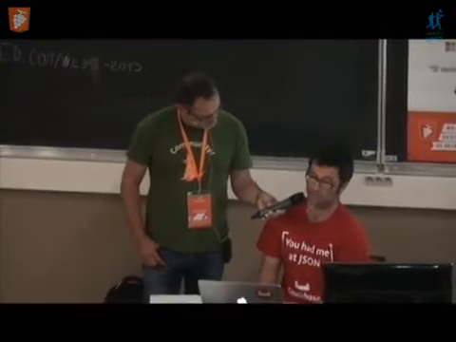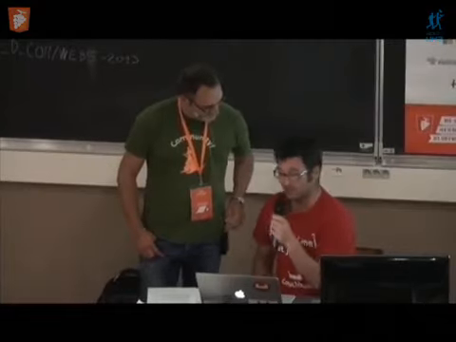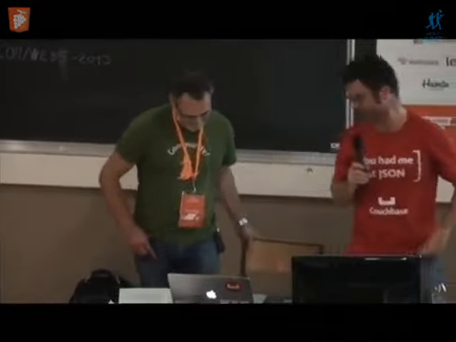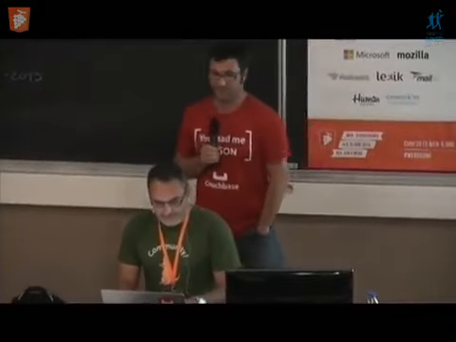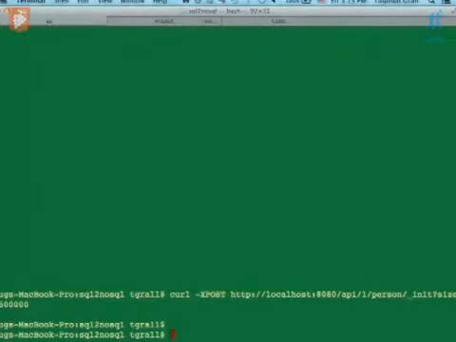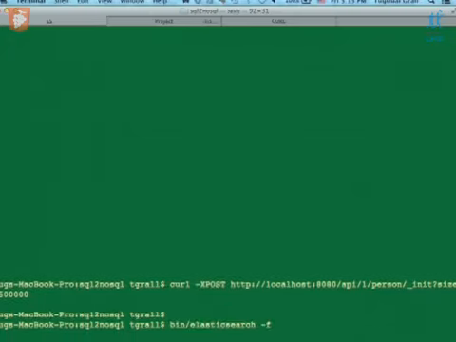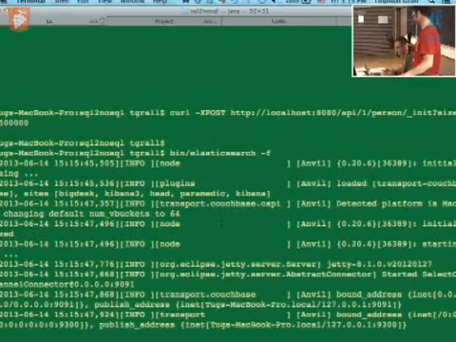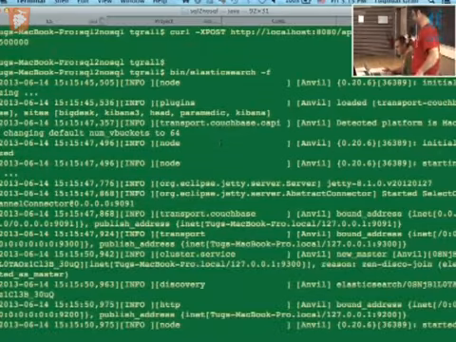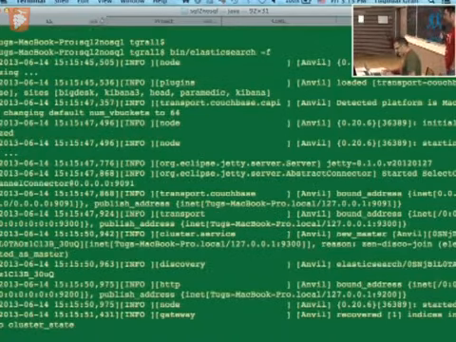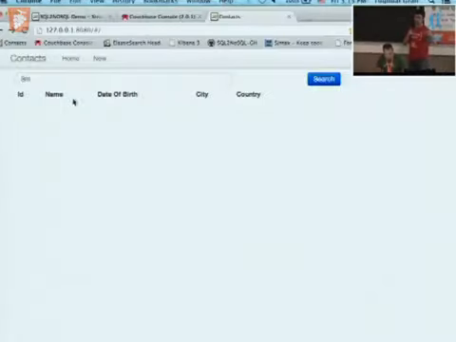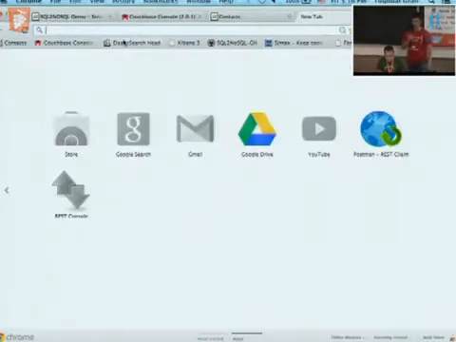So now comes the challenge of searching more interesting data. Do you think that I can do something? I hope. So let's connect Elasticsearch to Couchbase. So it's a very difficult and hard task. Basically, I download Elasticsearch and I install the plugin which is provided by the Couchbase team. And I have to launch Elasticsearch. That's it. So here I launch a single node. I can launch many nodes if I need to. So here it is. Elasticsearch will be responsible for indexing data. And I say data, it's really everything.